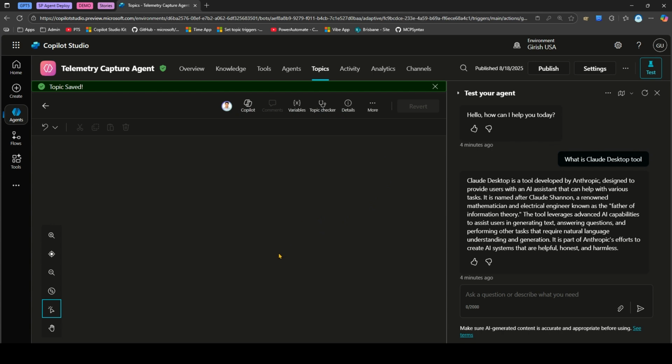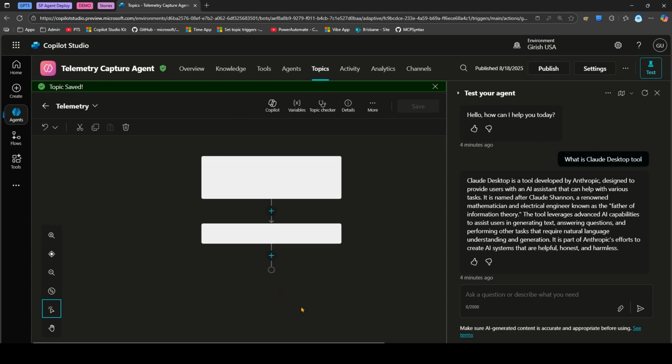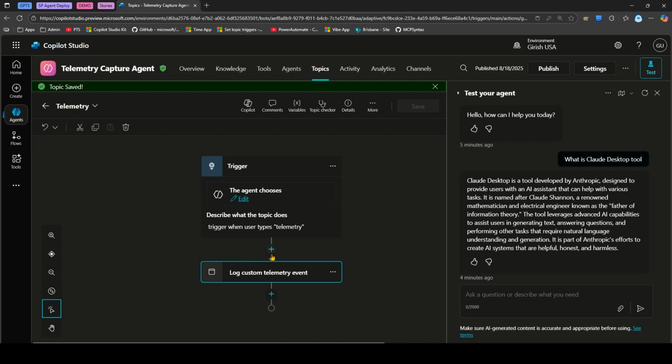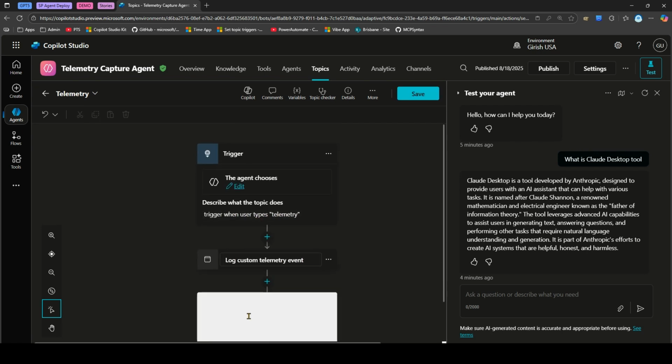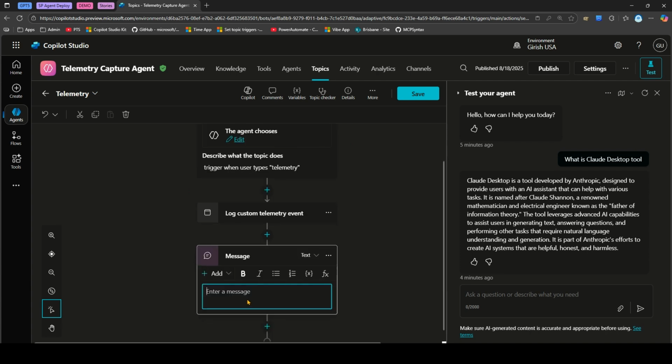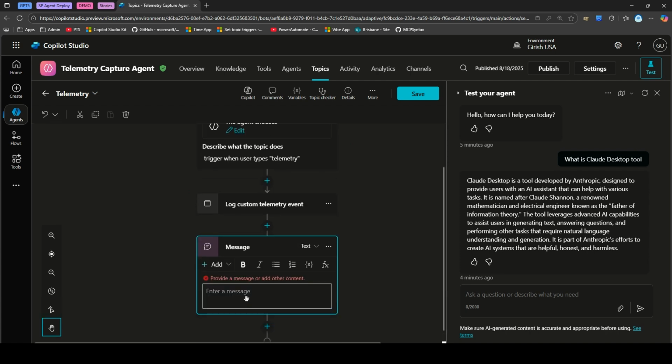I can do some other business logic within the topic, or I can call another topic. I can do some other logic. So let me put a send a message, and I'll say machine started,